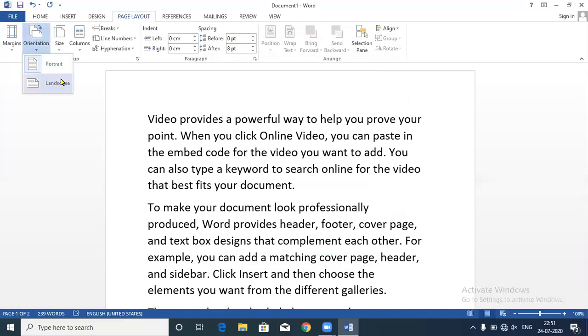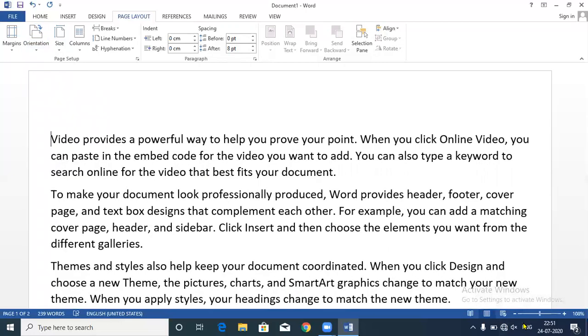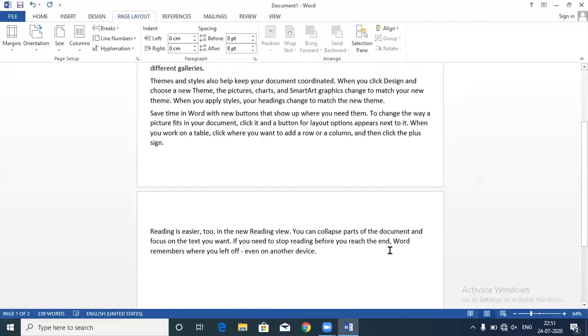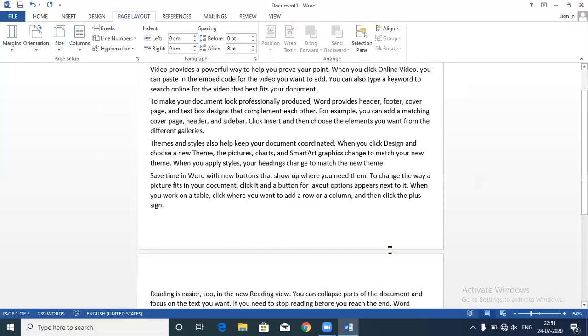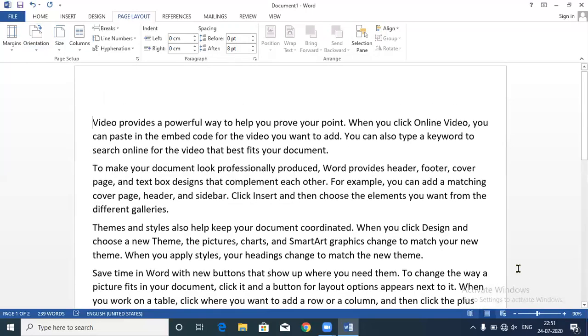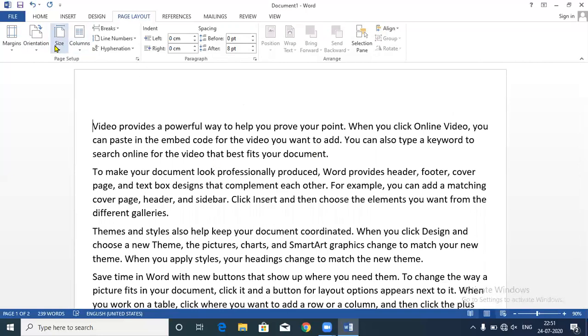If I want a horizontal page, if I want to write text on a horizontal page, then I can change my page orientation to landscape. Now you can see my page is in landscape mode. You can change it as per your requirement. Again, I am changing my page to portrait mode.